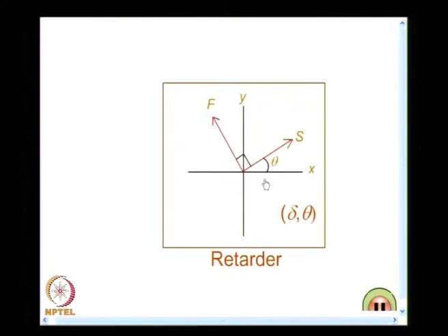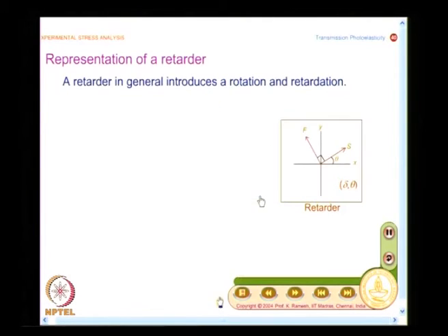Though you do it arbitrarily, when you are actually making a polariscope, you can match your mathematical development with the polariscope that you have. That is called calibration, that is required in digital photoelasticity, that may not be required in conventional photoelasticity, because fast and slow axes do not play a major role in conventional photoelasticity. But when you learn the photoelasticity subject in 2010, you will have to know aspects of digital photoelasticity as well. So, it is better that you learn the knowledge which will fit into digital photoelasticity comfortably. So, what we are now looking at is, I have a retarder, I have a reference axis x comma y.